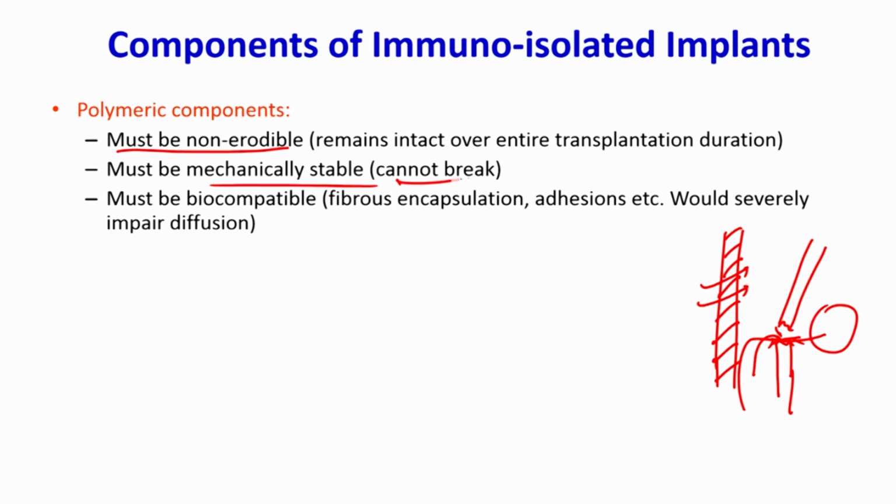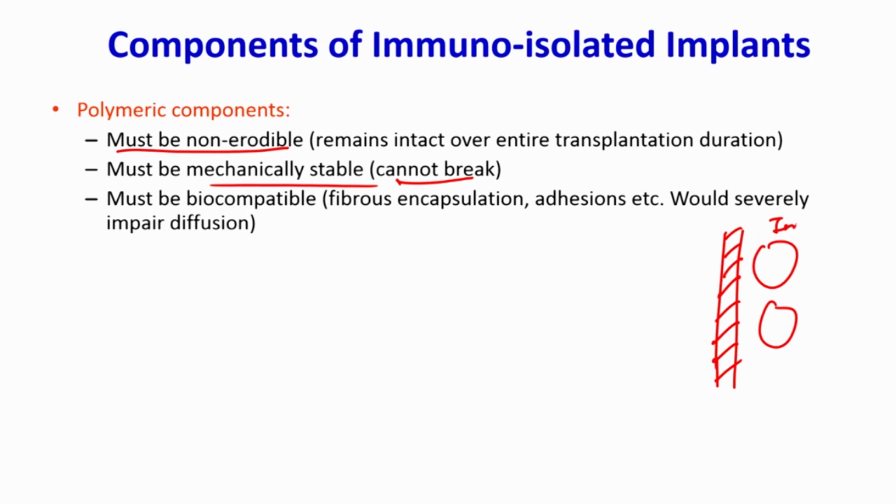So, it cannot break, and of course, it must be biocompatible, and this of course is fairly intuitive, because these cells that are residing here. So, this is the implant and this is your host. So, these cells that are residing here, they need to get a continuous supply of your glucose and oxygen for them to survive, and if this is not biocompatible, and if this polymer had that fibrous reaction that we had